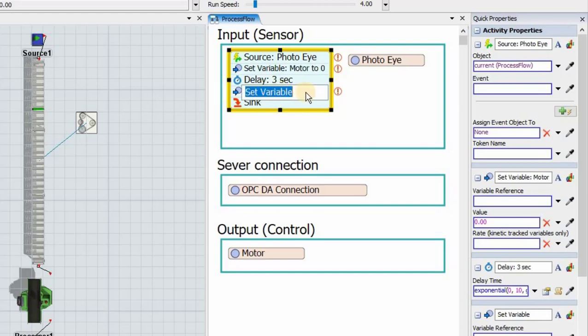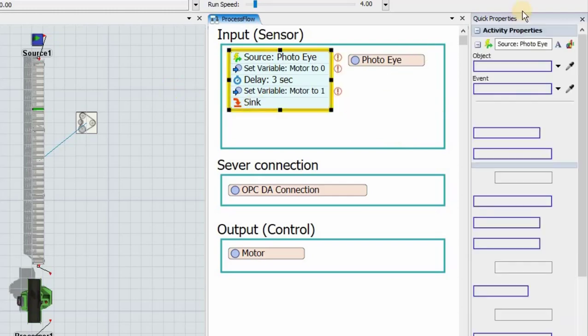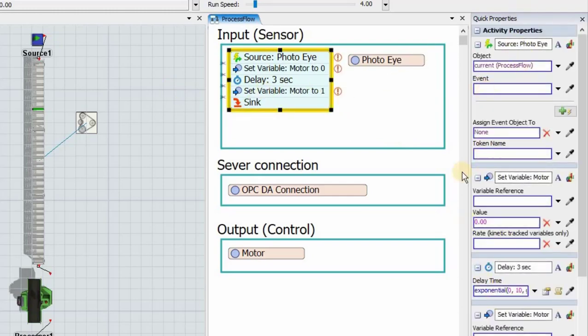Another set variable: motor to 1, meaning the motor starts. You can see in the quick property also, rename from here or here, both work. And the last one is a sync. Sync means the part is released.